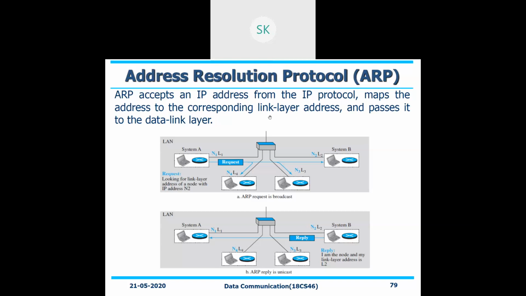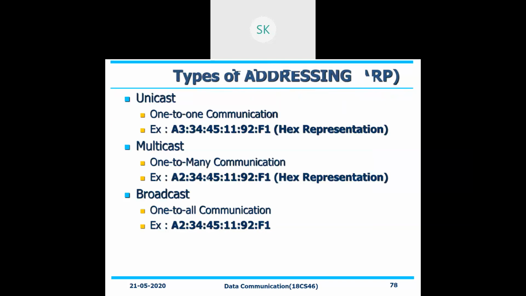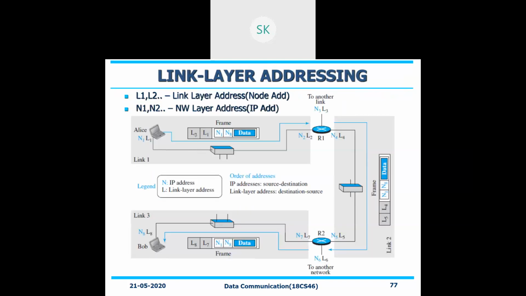So your upper layer will be sending the IP addresses. But here in your data link layer, we will be concentrating more on the physical address. Physical address is nothing but your MAC addresses. So for that translation, we require Address Resolution Protocol. So how will that translation be done? Yesterday, with our example, we have just seen it here.